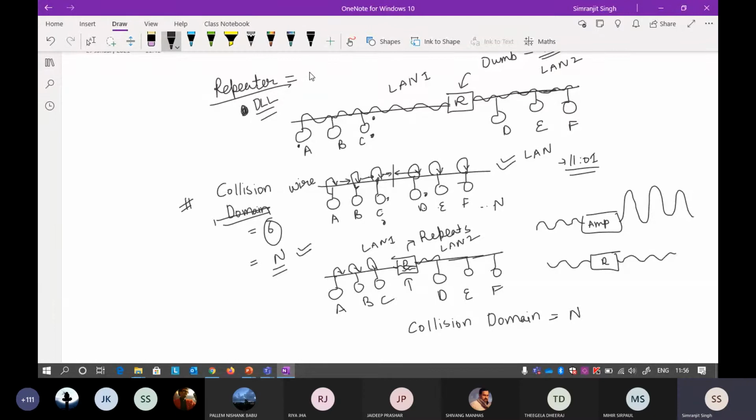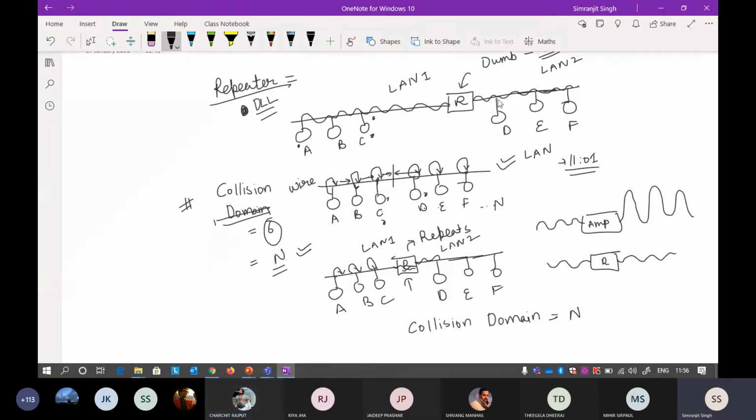Sir, any other question? Then what am I actually gaining here if I'm not boosting the signal? The repeater is repeating the same signal with the same amplitude, so I'm not gaining anything. If for 150 meters my voltage is dropping by some amount, and the repeater repeats the same voltage, then I am not gaining anything. It will continue dropping.